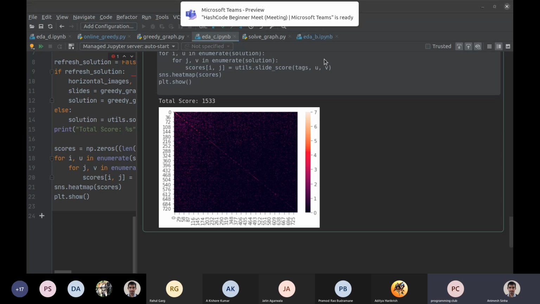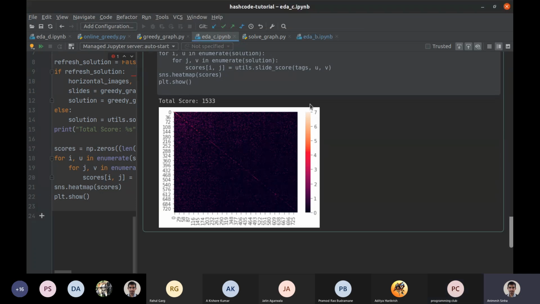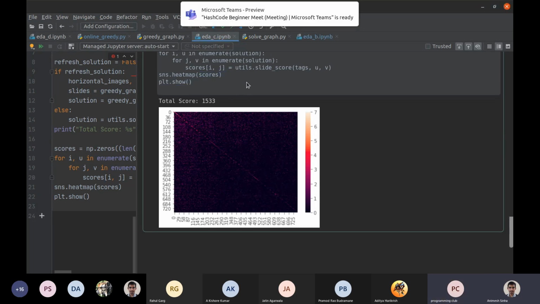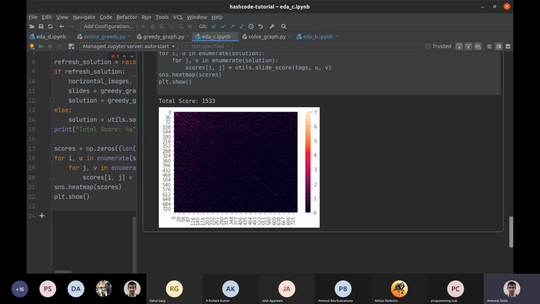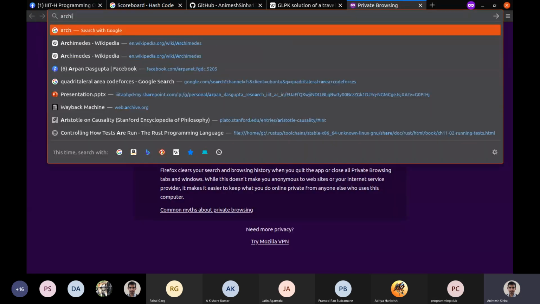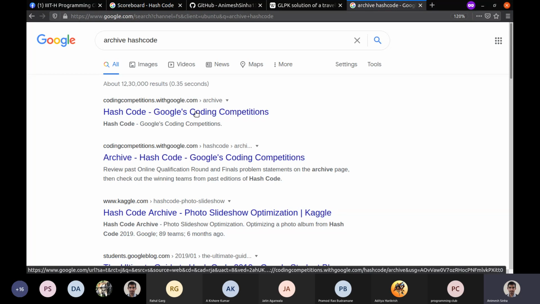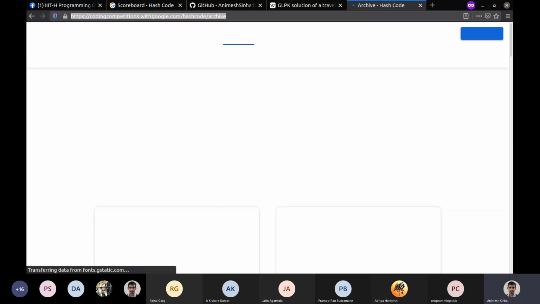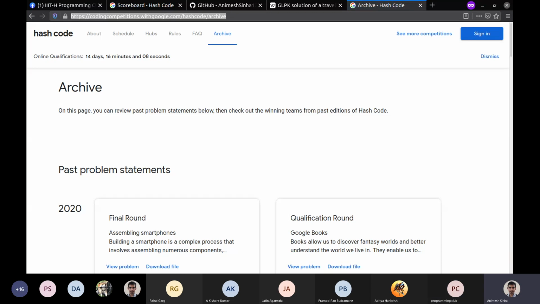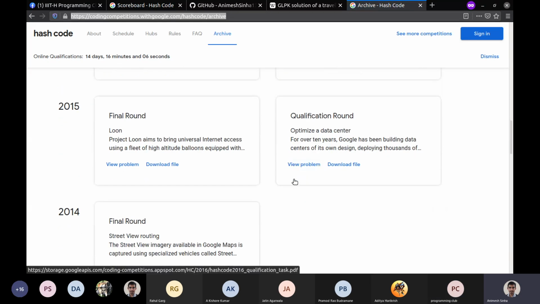I'd say that 2020 will be hard. It's always better to start with the earlier problems. The first ever Hashcode problem is really nice, with small data that is easy to work with, and the more recent problems become harder because people get more accustomed to things. So the server problem, the first ever Hashcode problem, is one of the best problems to start solving and has very easy EDA.